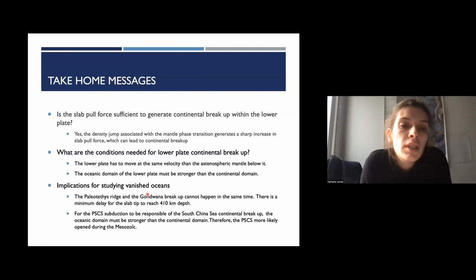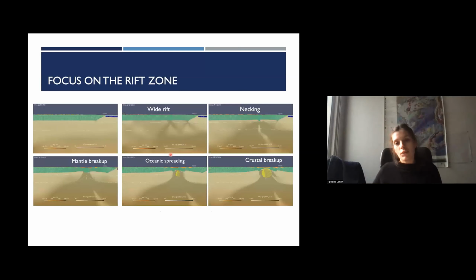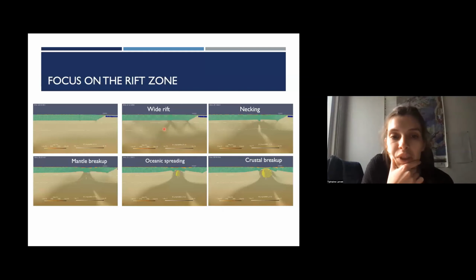So to conclude, yes, the slab pull can generate continental breakup within the lower plate under some conditions. And we can use the model predictions in order to learn about the story of vanished oceans. Just to finish, here I wanted to show you a zoom on my rift area. You can see the wide rift stage, followed by the necking stage, the mantle breakup, the onset of oceanic spreading, and finally the crustal breakup.